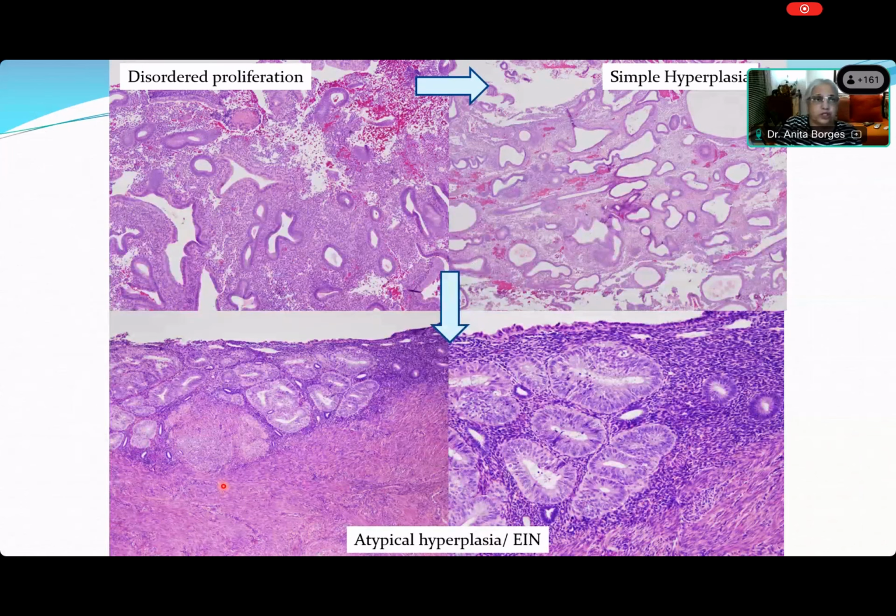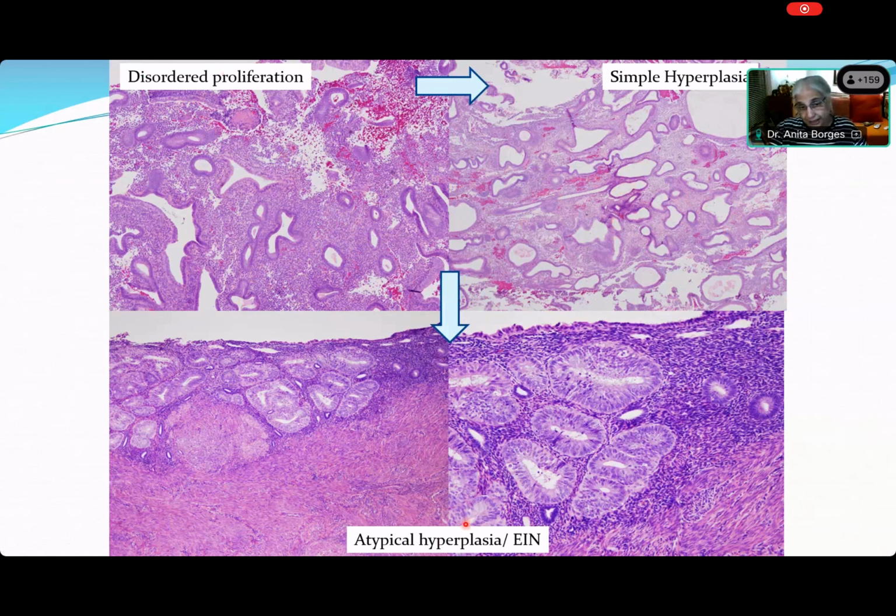Okay, here you have some more pictures. This is disordered proliferation. You see this with little branching glands. You know, normal rounded glands, but normal endometrial proliferation doesn't show you this very branching, irregular type of glands. All right. There is not much difference between disordered proliferation and simple hyperplasia, non-atypical hyperplasia as it is often called. Now, you may use one or the other term. I like this term disordered proliferation, but if somebody wants to call it hyperplasia and non-atypical hyperplasia, they are quite welcome to do that. You get much more cystic change in simple hyperplasia, which is non-atypical.